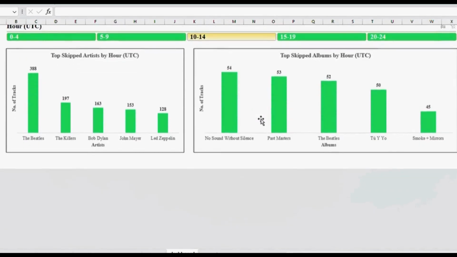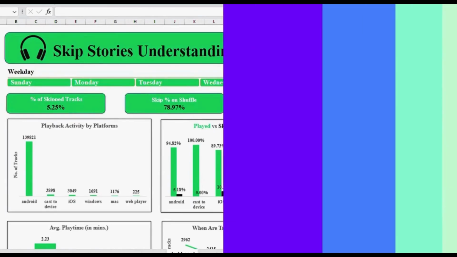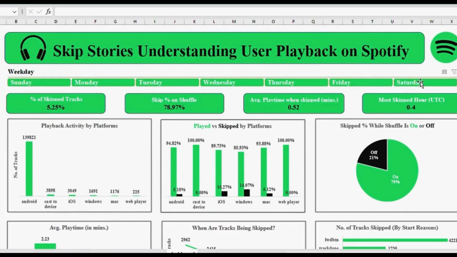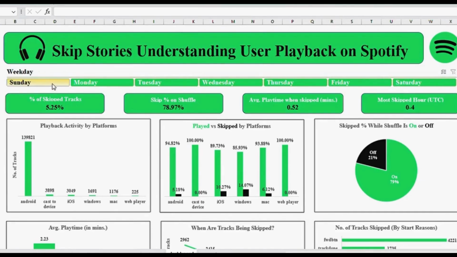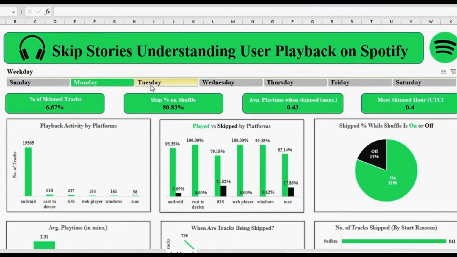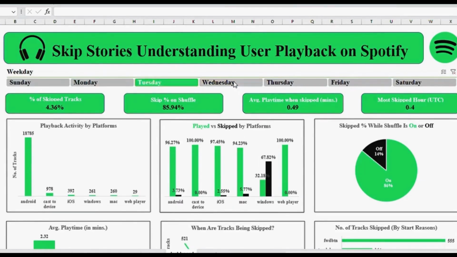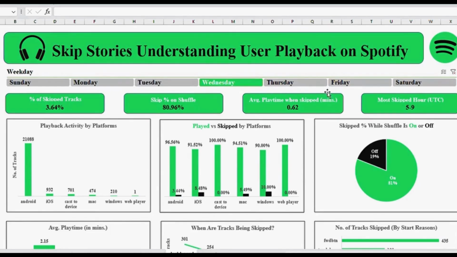So let's dive into it. When I click on a day in the weekday slicer, like Sundays, Mondays, Tuesdays, or Wednesdays, or any other day, the dashboard shows me the complete picture of that day across all 11 years.